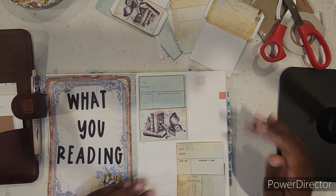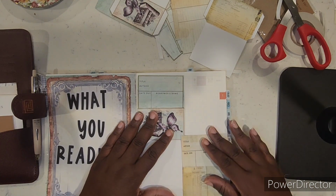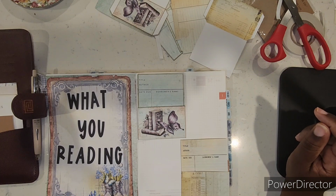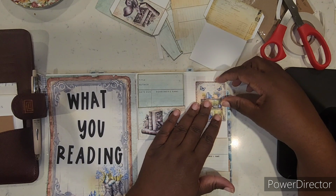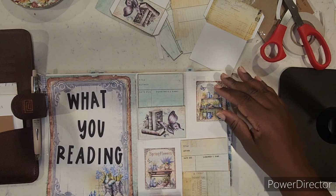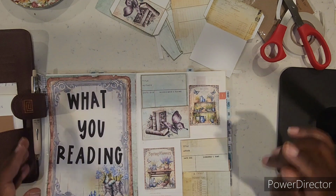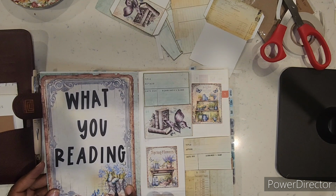here, but I'm trying to think, do I want to have a background? And if I do want to have a background, because this is throwing me off, I don't know if I want to do white out or a sticker, like one of these stickers to cover it up. I have these box stickers that also came from that set. Spring flowers and the seeds. I could do it like that. But then this is a little off because it should be more like right here. And again, it leaves me the same problem. Or do I do the same like this one here? Not the same though, but